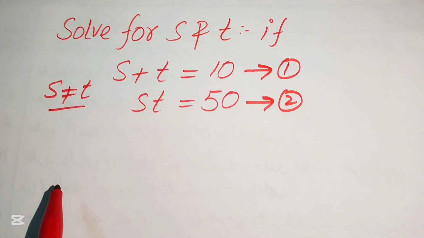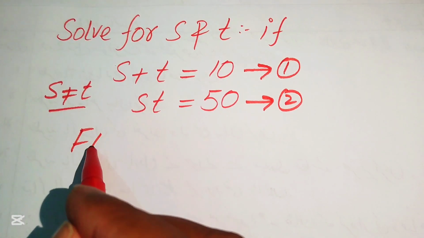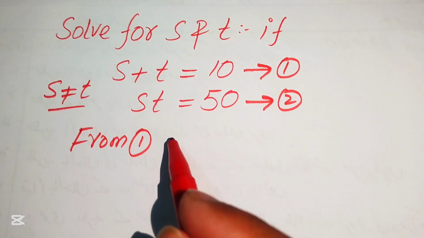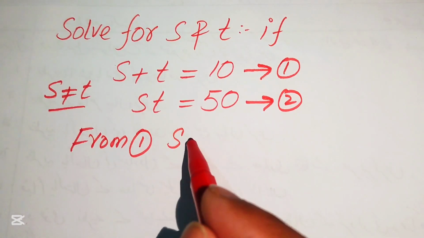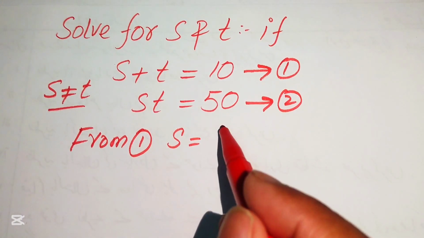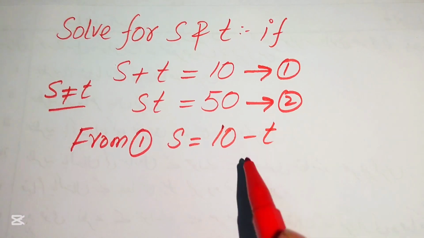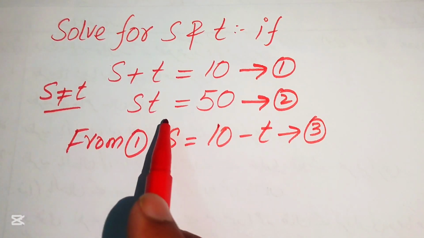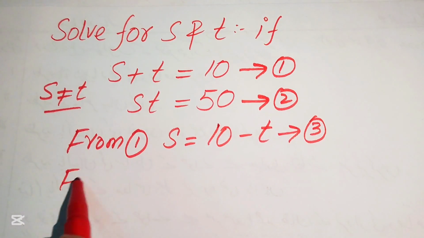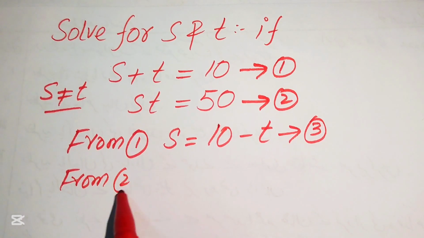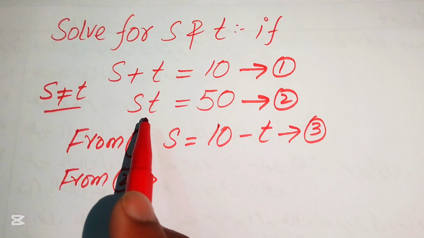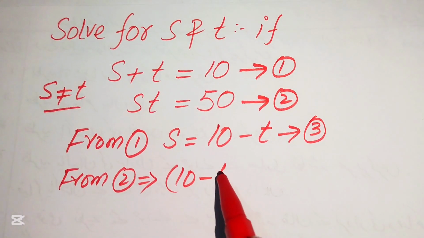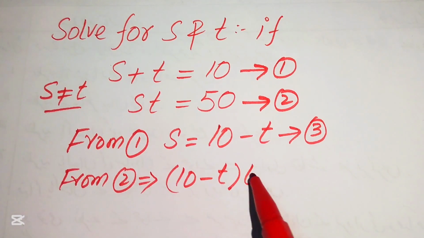Now we need to focus on equation number 1. We move this t to the right hand side. It will be written as s equals 10 minus t, and we call this our equation number 3. We put this value of s in equation number 2, so we have st, where the value of s is 10 minus t, times t